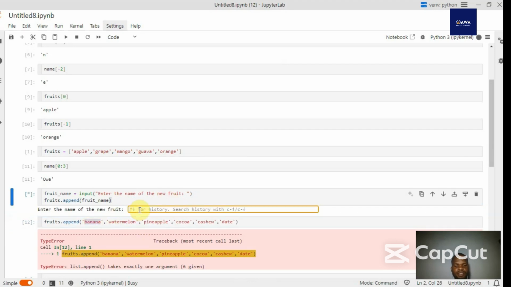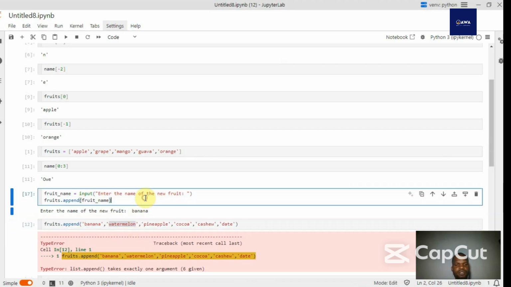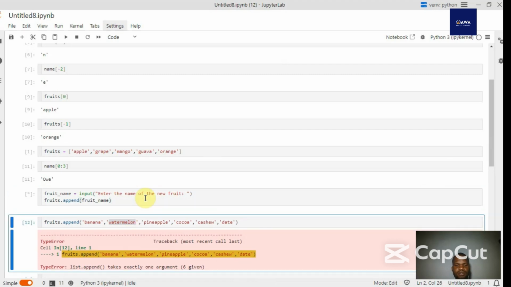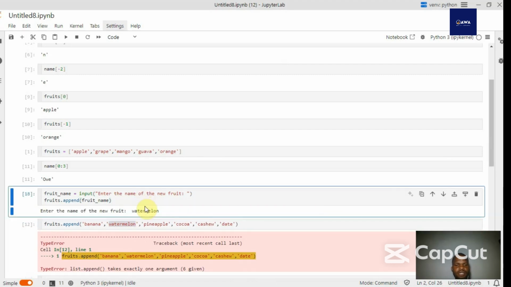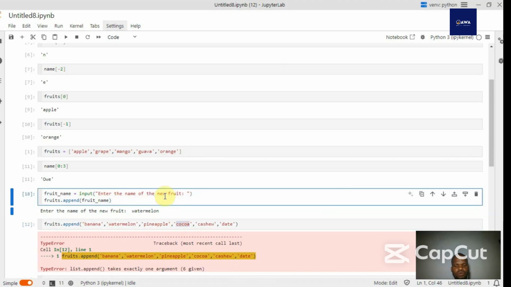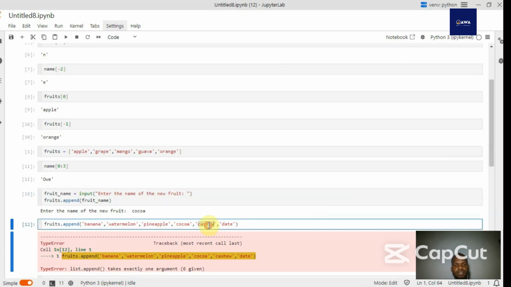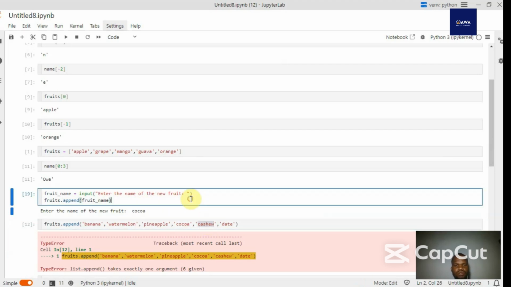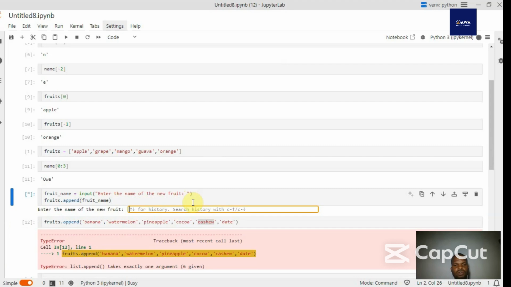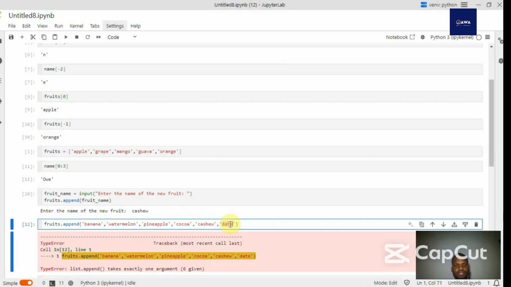Copy this, banana, Ctrl V, enter. Copy watermelon, Ctrl V, enter. Copy cocoa, Ctrl V, enter. Copy cashew, Ctrl V, enter. Copy date,